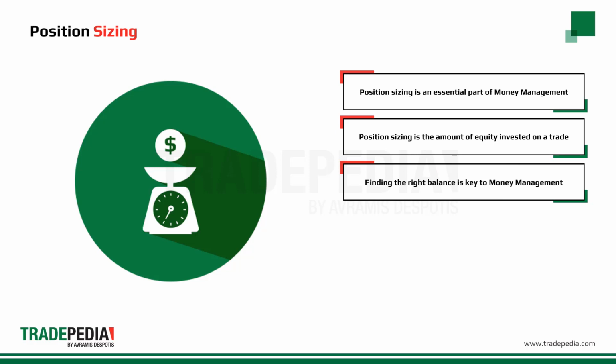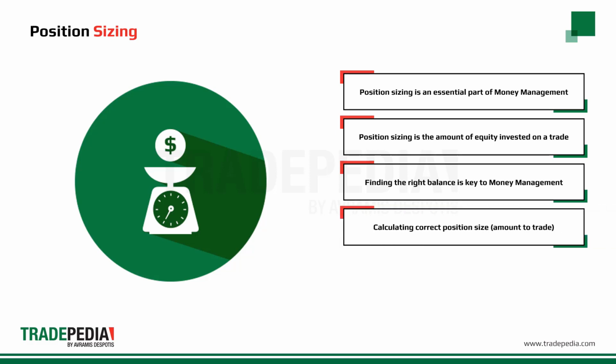Finding the right balance between your capital and position size is key to money management. Taking on position sizes larger than your account can handle could make you very vulnerable to a string of losses. On the other hand, if your position sizes are too small, much of your account equity will sit idle, which will hurt your performance. To calculate the correct position size, we have to combine two different things: the stop-loss level